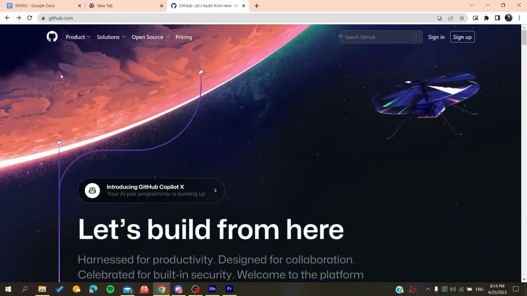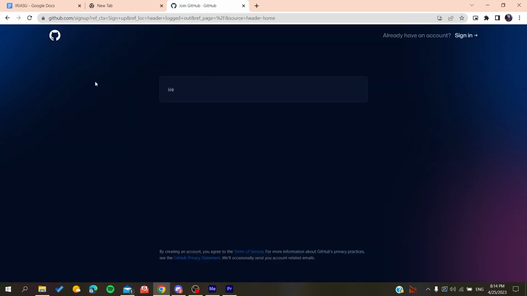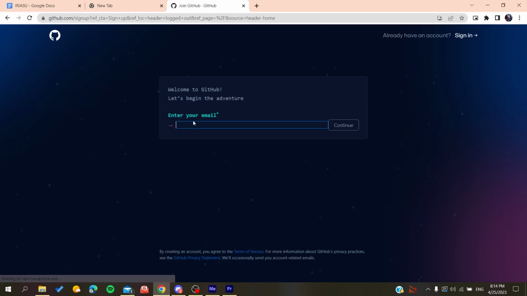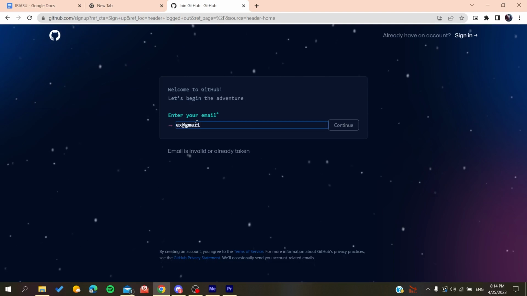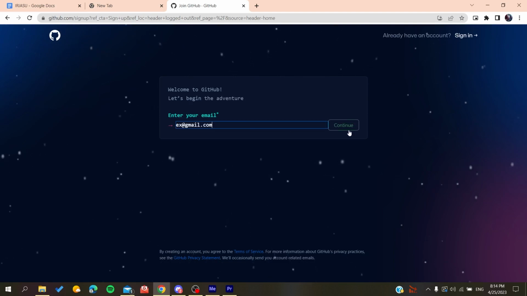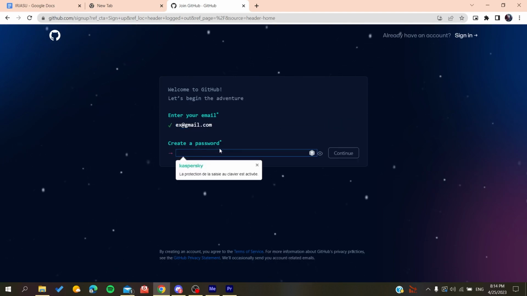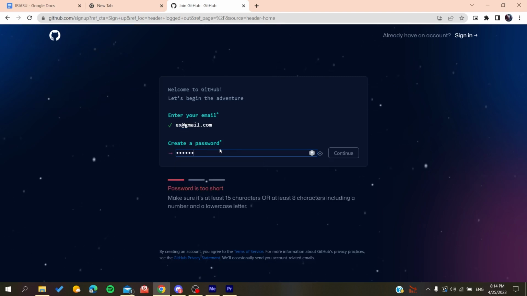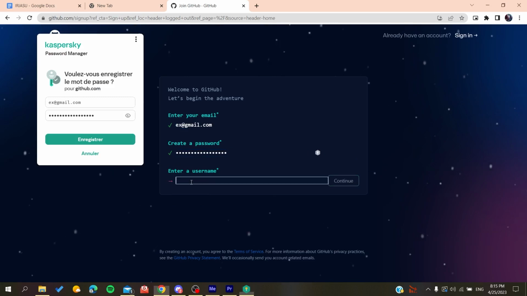And now we will need to create an account so we can use the GitHub services. So basically all we need to do is click on sign up and then it will redirect us to the sign up page. And now you need to add your email, gmail.com or any other email that you are using. You click on continue, you create a password. If it was anything like that, you click on continue and then you will add a username, for example